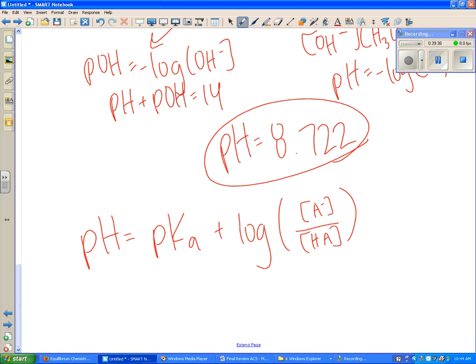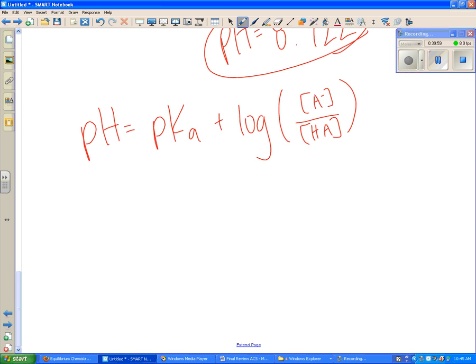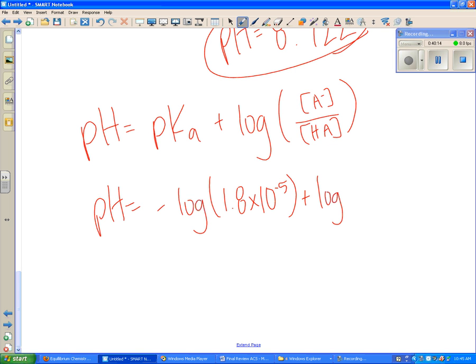So we can calculate the pH for a weak acid, strong base solution using this equation. Yes, Robert. Well, you couldn't use that on the test. This is the only new equation in addition to that. Okay, so pH is equal to, what does P stand for? Negative log of the Ka, which is 1.8 times 10 to the minus fifth, plus the log of the negative ion concentration,